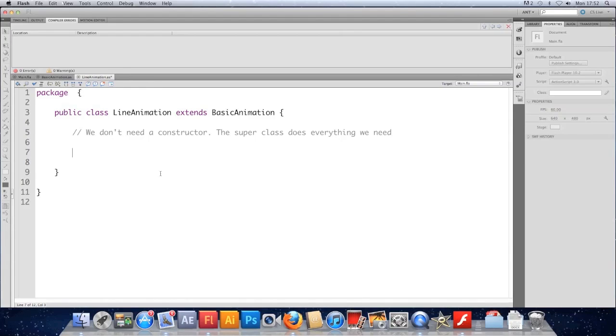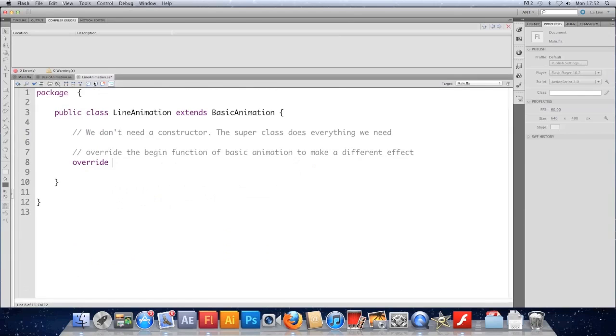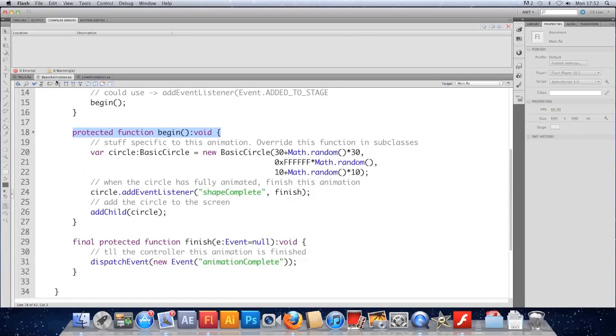But what we're going to do is override the begin function of basic animation to make a different effect. Okay, so we lead with the word override, and then we pretty much copy that word for word, character for character. So copy that, paste it in, and begin our begin function. This time we're going to make a line come out from a particular point, but just before we get into it, let's make sure that we actually have something in this